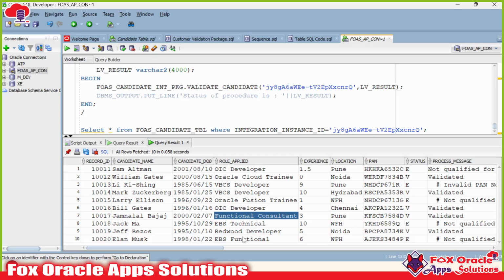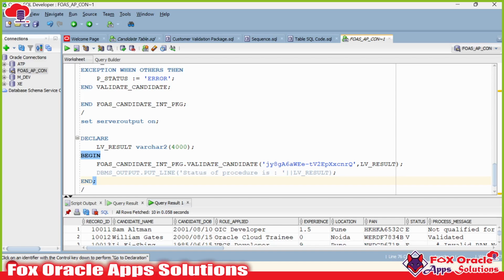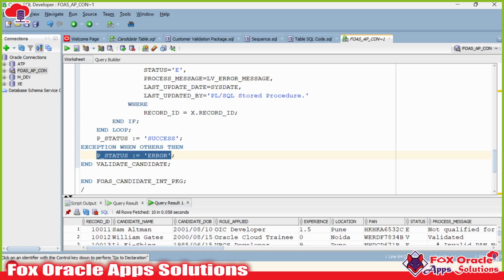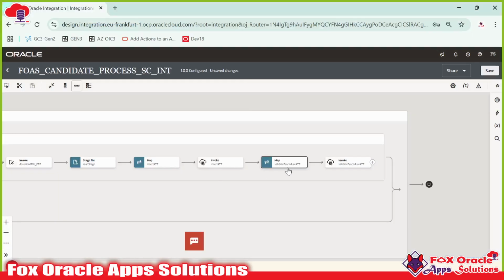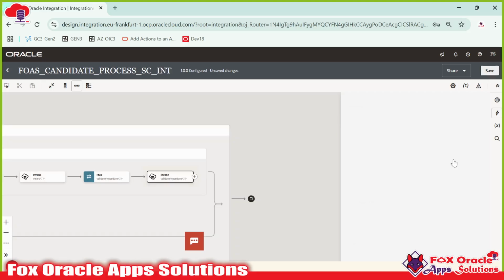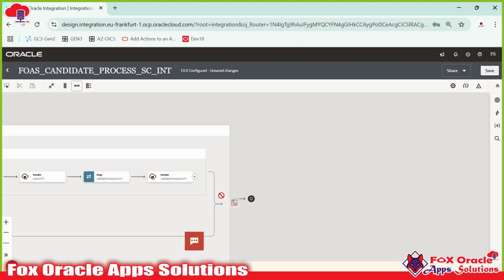So here you can see in our PLSQL code, we added logic that if we will get an exception anywhere in our code, control will move inside this exception block and status will be error. So before proceeding further, we just have to add the condition to check that success only, right? So I will add the switch here to check the condition or check the status of this PLSQL call. So I will add the switch here,